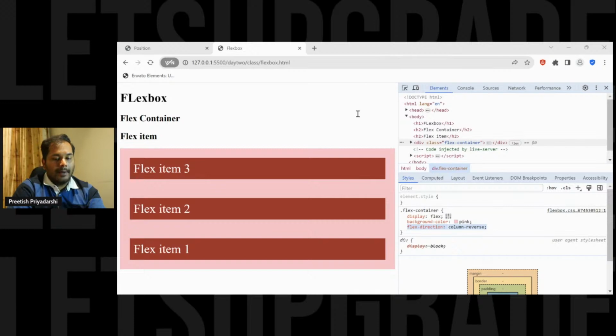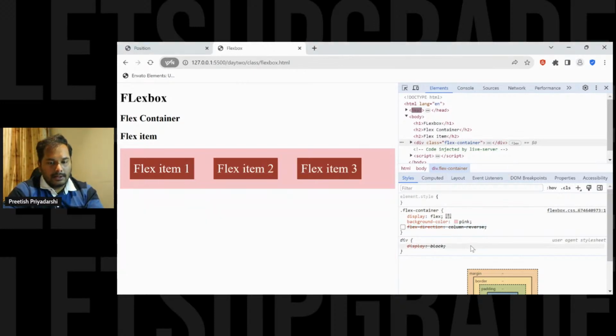But you need to apply it to the parent, not the child. Keep in mind, you need to apply the flex direction to the parent, not the child. Is it clear? Yes, no in the chat. Is it clear about the flexbox? Yes, today's assignment is there. Is it clear about the flex direction? Okay, one more thing you can try out is